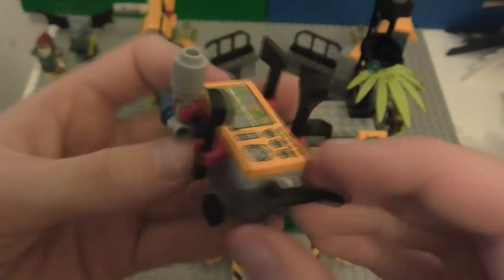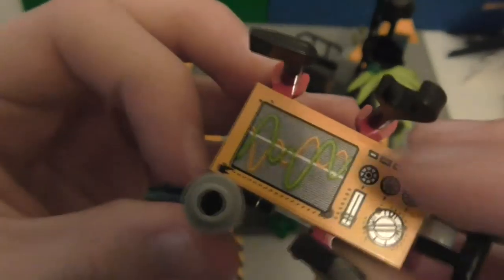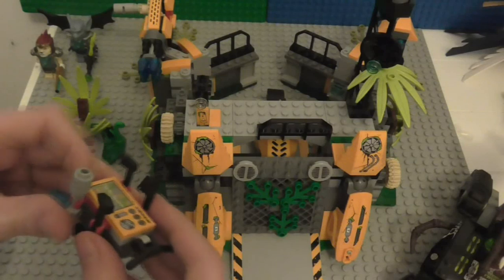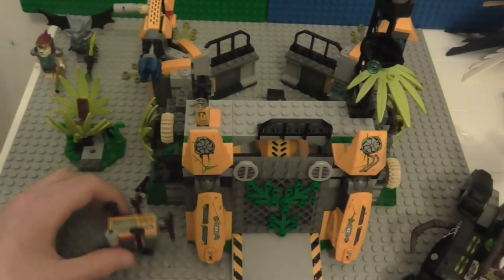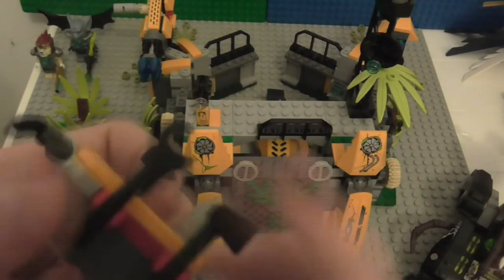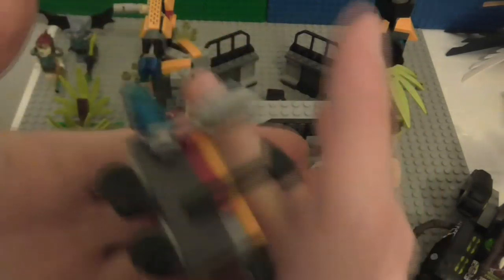We do get this little trailer here with these tools on it. That looks pretty cool. That is a sticker there, and it's got these wheels, so if Lavertus or Laval get a vehicle or something damaged in a battle, they can just use this and fix their stuff, because they've got an axe, a wrench and a new hammer, and then I'm not sure what that is, but